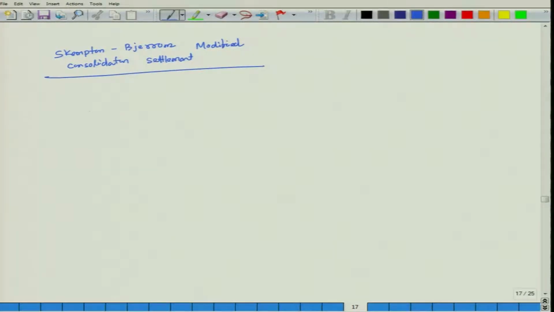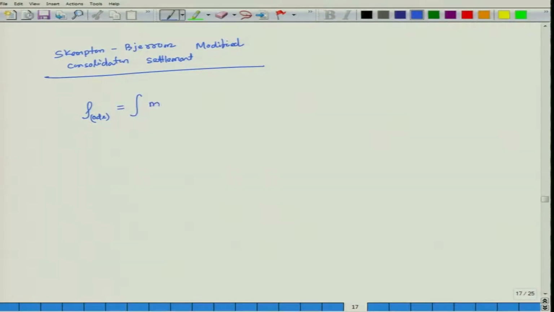So, it will be rho oedometer, that means consolidation settlement from your oedometer test, that means from your consolidation test, supposed to be integration